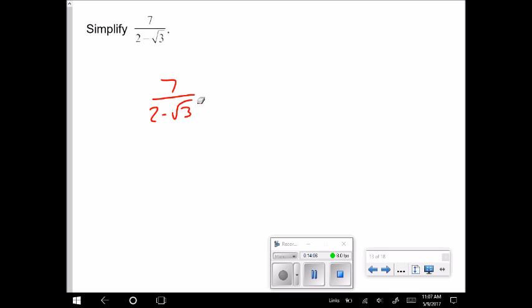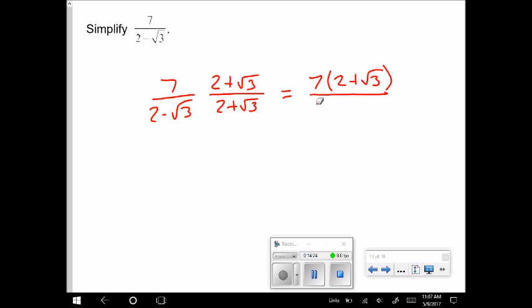Okay, its conjugate is going to be the same thing except a plus. So 2 plus the square root of 3 over 2 plus the square root of 3. Okay, when we do that, we get 7 times 2 plus the square root of 3 over, so now if we're multiplying this, okay, 2, essentially think of it